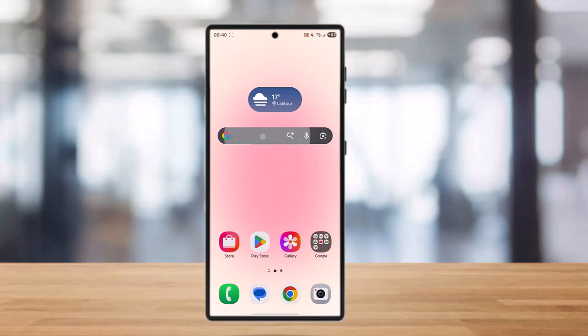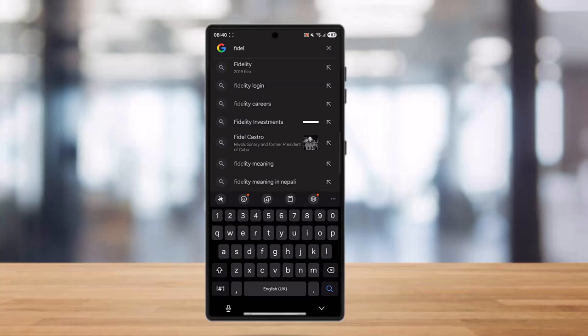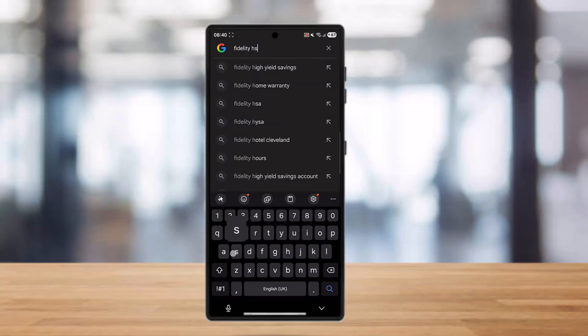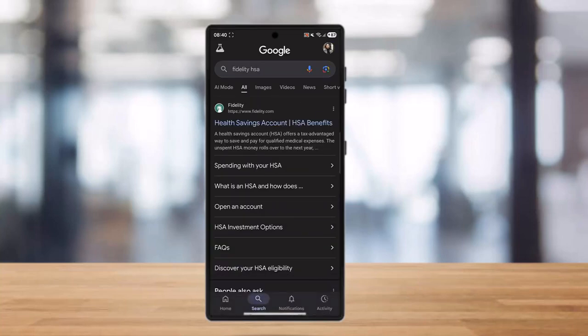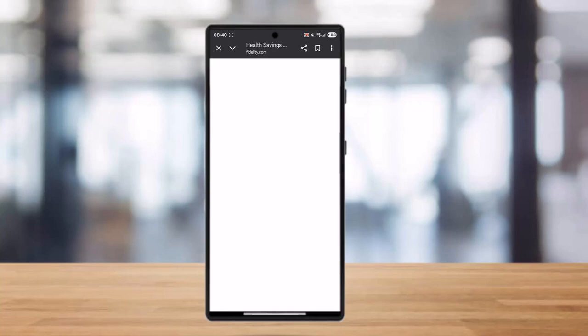So for this, all you gotta do is simply go and log into Fidelity HSA. Once you are in your Fidelity HSA account, you need to simply get logged into it. And as it is a health savings account, you need to add funds to your HSA through electronic transfers or